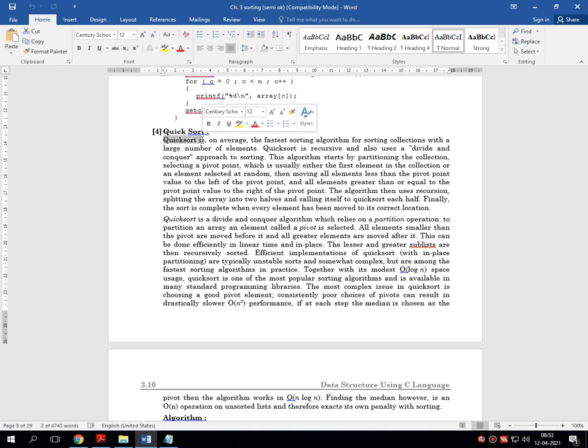That's why this is called quick sort. Again I am repeating: quick sort is the fastest sorting technique available in data structures up till now.